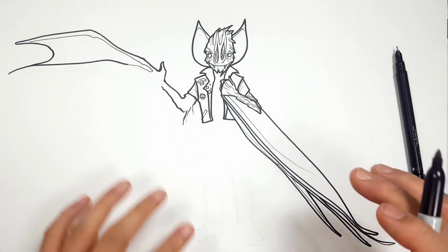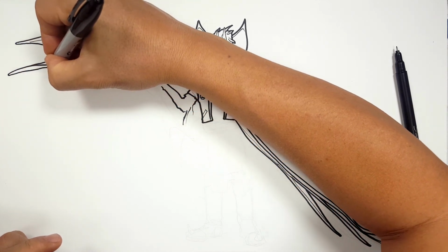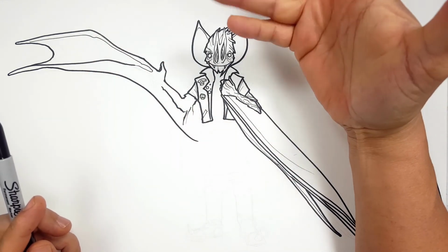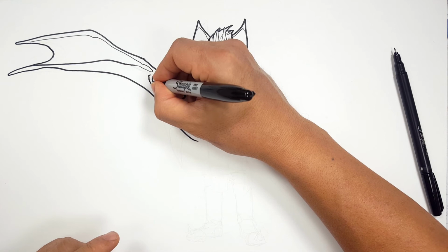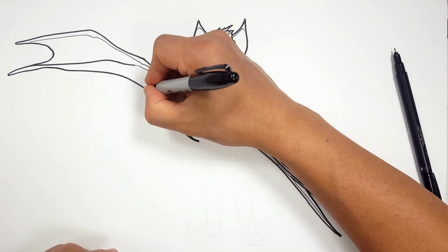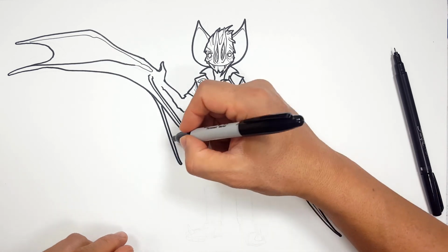Okay, not stretched out. So you see what I'm doing here? Just drawing his big old huge fingers. This is what I was talking about in the sketch. It's like, you know, we're doing something different. Okay, so here, this finger is bent in. So remember I got it like this? So this one is something like this. Okay? And this pinky is underneath, so it's going to come in here like this. And let's see, so that's going to go...